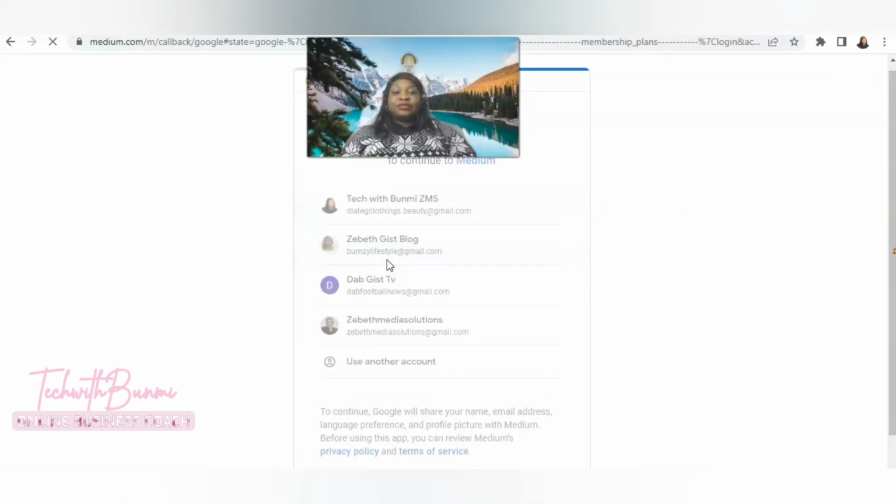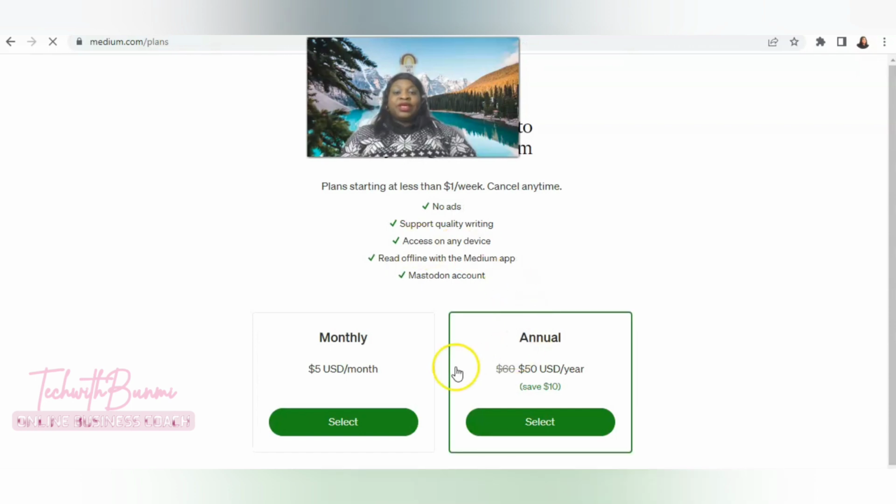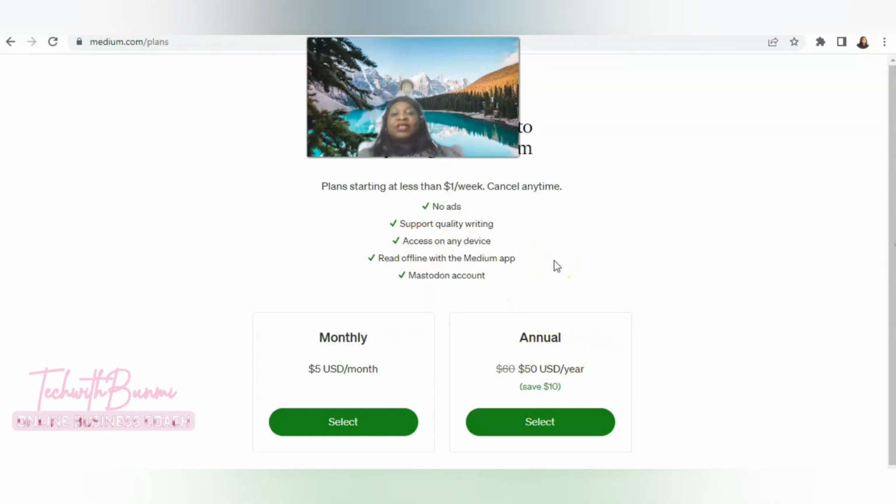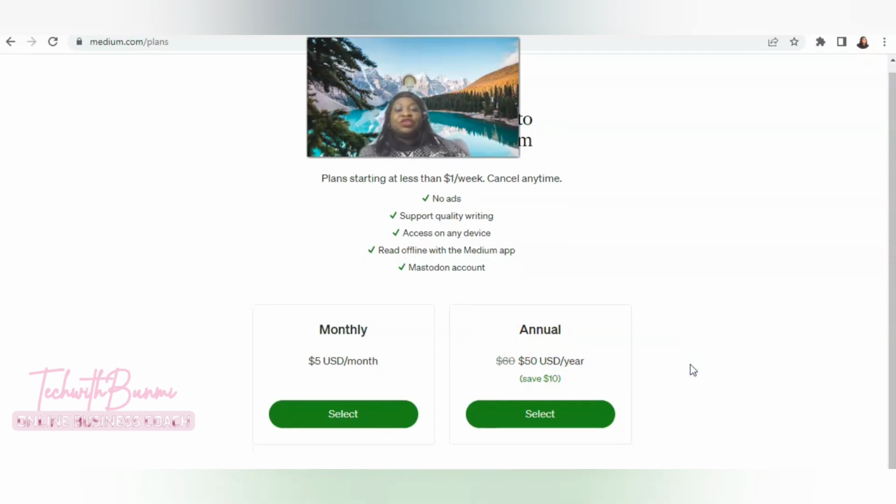I'm going to sign up using my account. Okay, and can you see we have monthly? I can decide to pay monthly, $5, that's US dollars monthly, and I can decide to pay annually, that's 50 US dollars per year. So you just select one and you get started.